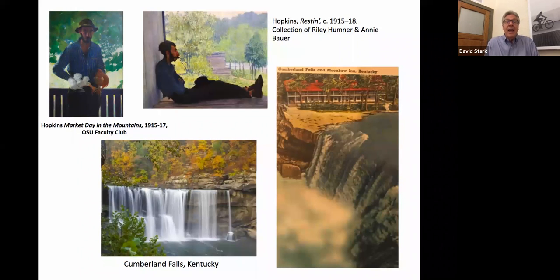Yeah, and so this area is still a tourist destination today. Cumberland Falls, sometimes called the Niagara of the South, a very prominent and large waterfall. And in Hopkins' day, it was pretty remote. He had to take a train from Cincinnati to as close as he could get in Kentucky, and then continue for 4 hours in a wagon ride, the wagon pulled by a mule, to finally reach Cumberland Falls. And he stayed at a hotel that looked similar to the one you see in the postcard on the right. It was called the Brunson Inn